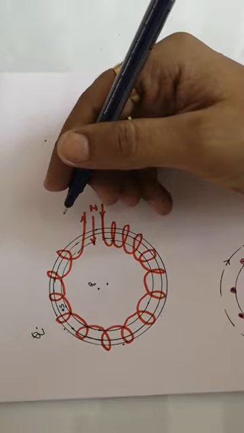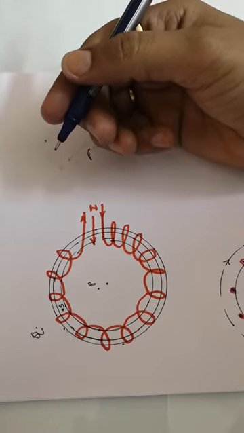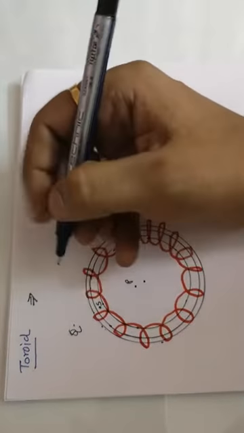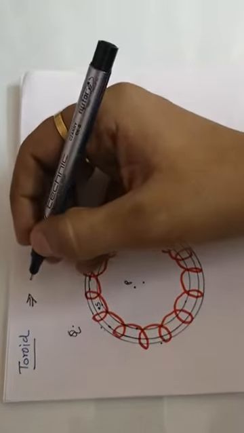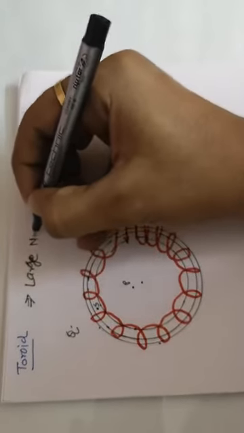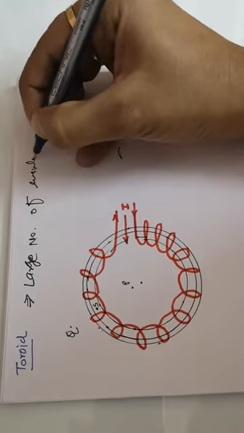Hi students, in this clip we will discuss the toroid, as we have discussed the solenoid in the previous clip. A toroid is also one type of solenoid, but it contains a number of turns above the conductor. So you can say it is made of a large number of turns of insulated material,